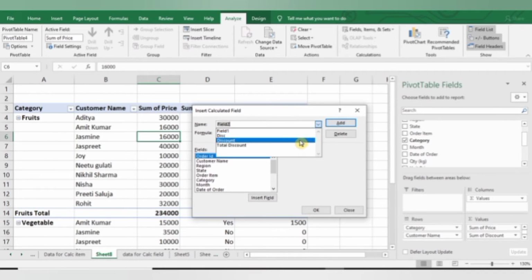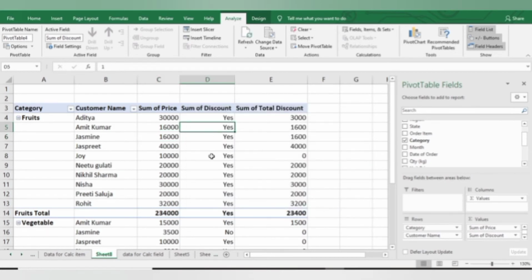And here if I want to modify it so that the customers who have paid more than 5,000 rupees will get a discount of 10%, then click on modify and then OK. So here, as you can see, Joy had paid 10,000 and still he is eligible to get a discount, because now I have removed my condition of 10,000 and I have modified my condition to 5,000. So this is how you can modify your data.